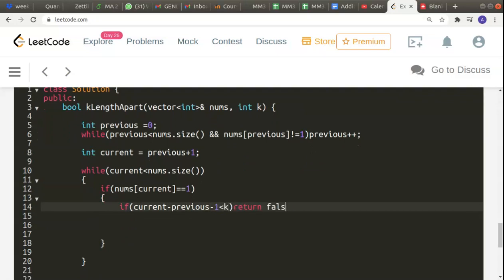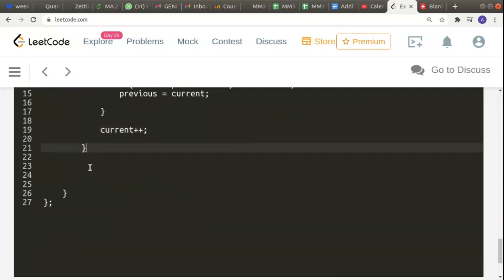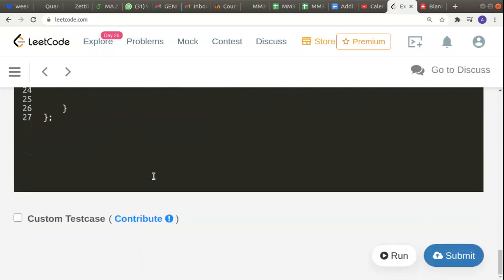Otherwise, if it is equal to or greater than k, then it is fine and we can keep continuing in the loop. So we will also have to give previous is equal to current, because previous will get the value of current, and we can move forward to the next iterations. So we can just increment the current, and finally we can return true if all the conditions are satisfied.